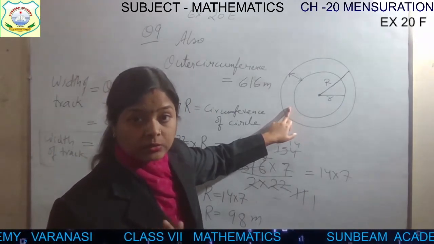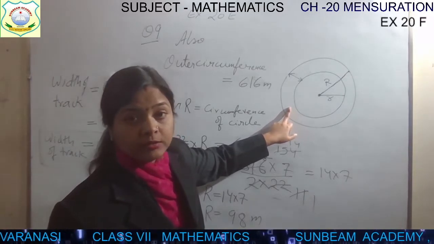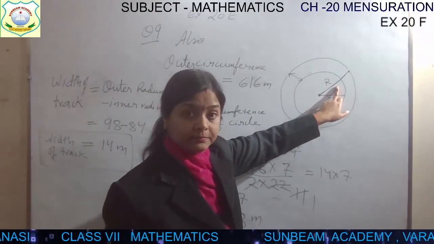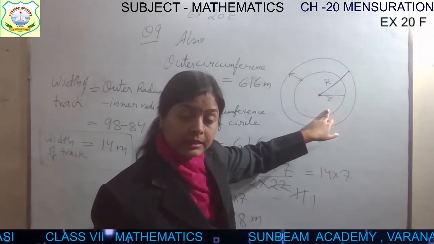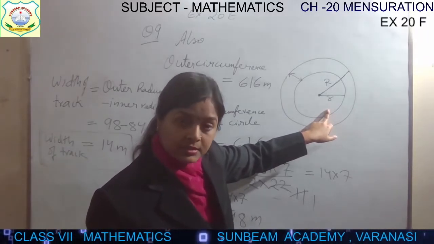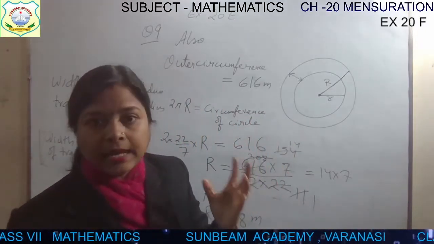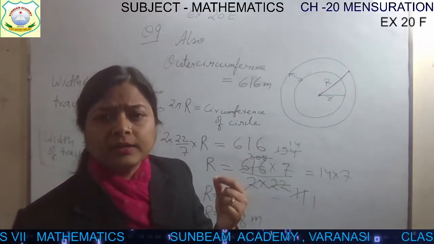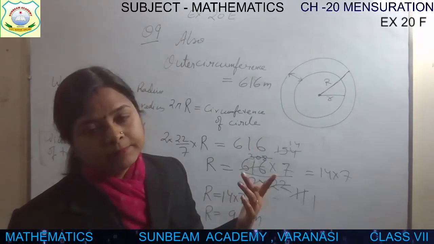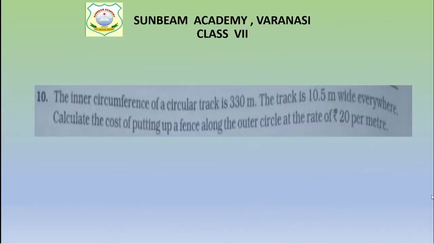So for this we need circumference. We need the total length, that is the circumference 2 pi r we need. So for finding the circumference we need radius also. Radius is not given. And inner circle radius is also not given. They have given the circumference. So just quickly see what you have to do. Just remind all the data and then you can finalize quickly children that how you can find the outer radius that is needed for the fencing. So let's write down the question.